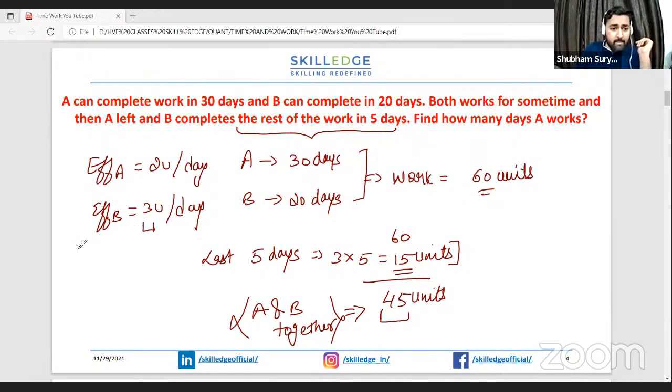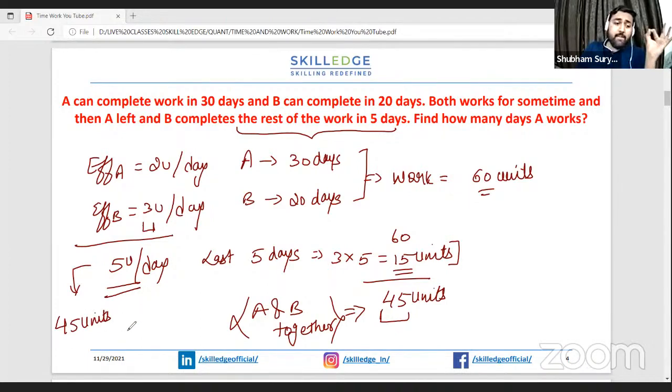Now, A and B, if they work together, so 2 plus 3, it's going to be 5 units of work that could be done every day, guys. And they have completed how much amount of work, guys? 45 units of work is completed. So in one day 5 units of work is done, 45 units of work has to be done, how many days will it take? 9 days will be required. If you want, you could do it directly, or else the simple way is to write the equation. In one day